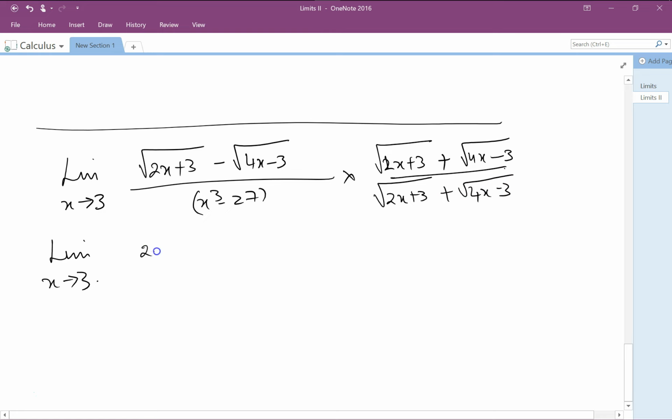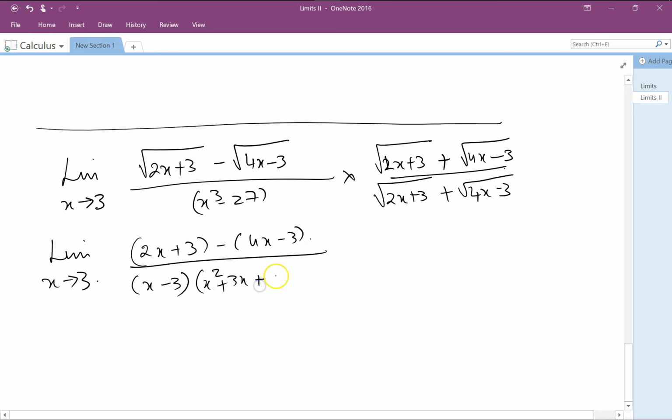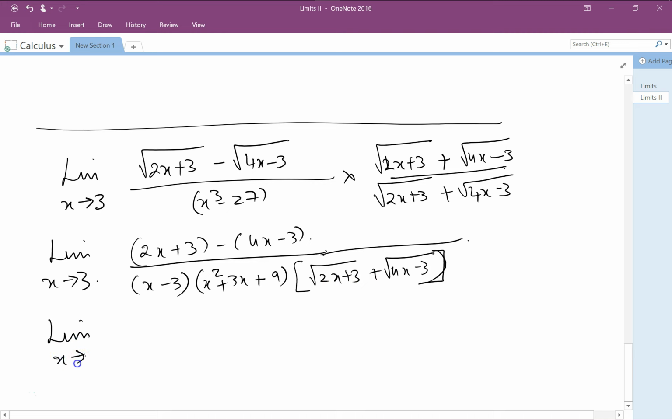This becomes, square roots go off, so 2x plus 3 minus 4x minus 3, divided by x cube minus 27. If you know your identities, x cube minus 3 cube, this would be equal to x minus 3 times x square plus 3x plus 9. And this comes from your conjugate multiplication. So the limit as x approaches 3